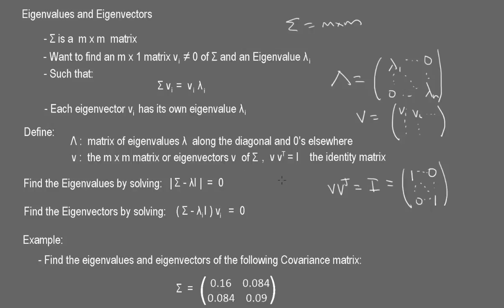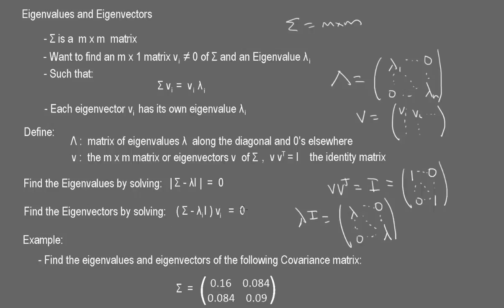Now, to actually find the eigenvalues, we have to solve this equation. So we take the determinant of sigma minus lambda I. So lambda I is simply equal to lambda down the middle diagonal, and zeros elsewhere. Now we set the determinant equal to 0, and then we solve for these lambdas. Now once we have the lambdas, which are eigenvalues, we then need to find the eigenvectors, and we do this